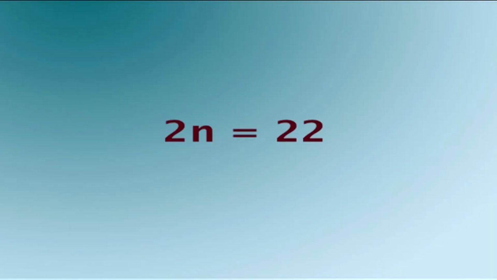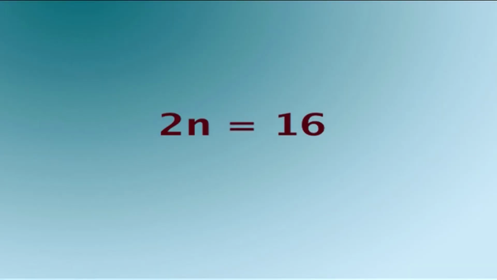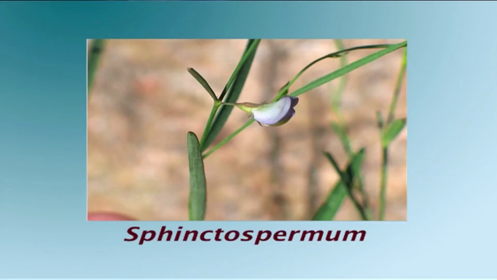Chromosome number is of little value if both aneuploidy and polyploidy occur in the genus, as in Crepis. However, if the chromosome number is constant within a genus, this is particularly useful in generic delimitation. In the genus Tephrosia of Fabaceae, all the species possess 2n=22 except Tephrosia constricta with 2n=16. This species has been treated as a separate genus Sphinctospermum, and the chromosomal studies support this separation.